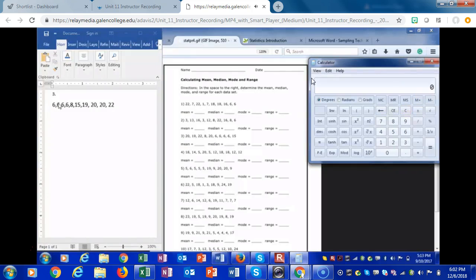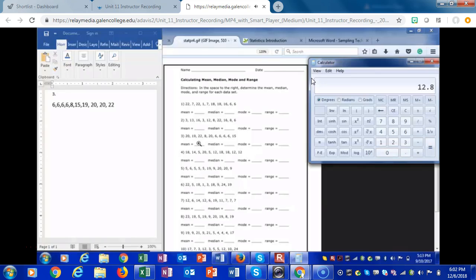6 plus 6 plus 6 plus 6, or 6 times 4 is 24. Plus 8 plus 15 plus 19 plus 20 plus another 20 plus 22. That's 128. Now, remember we said that there are 10 numbers here. So what is 128 divided by 10? 128 divided by 10 is 12.8. So in this area, the mean is